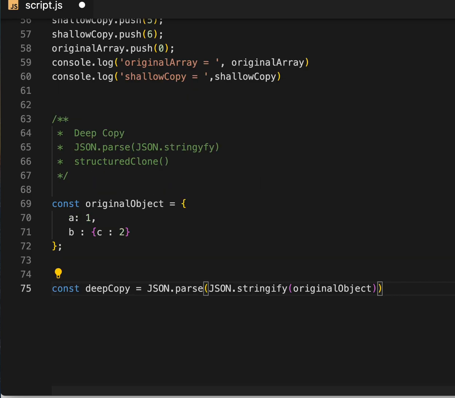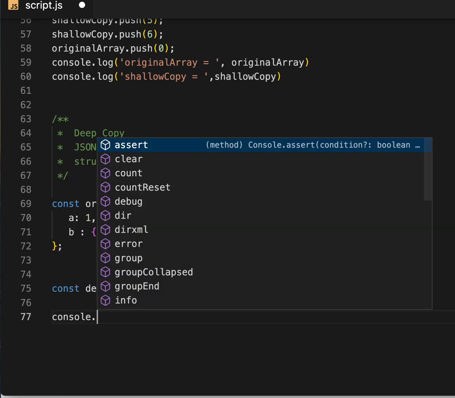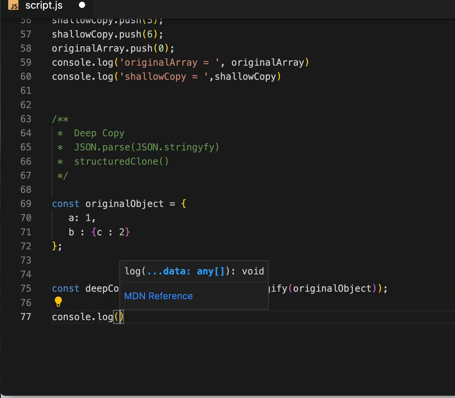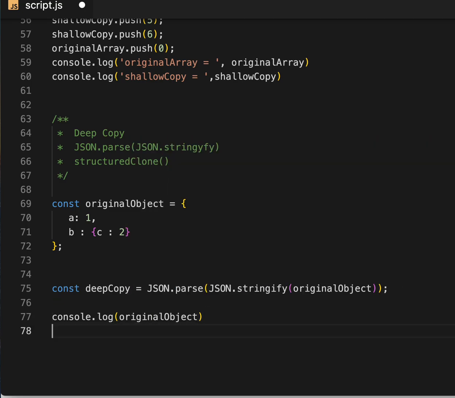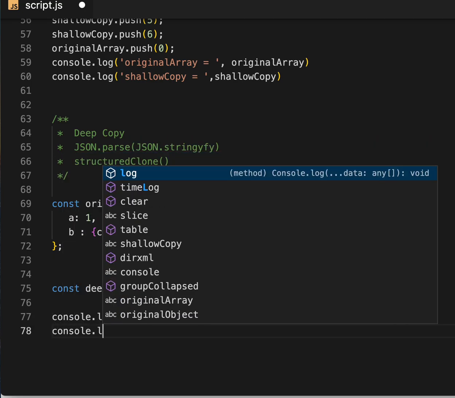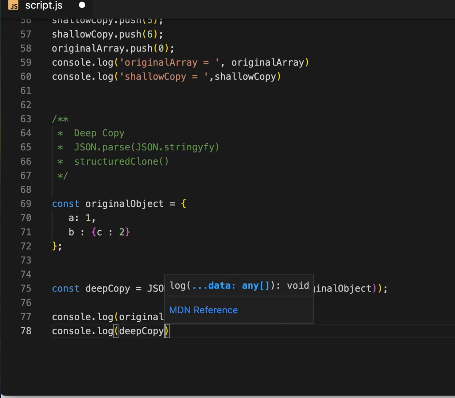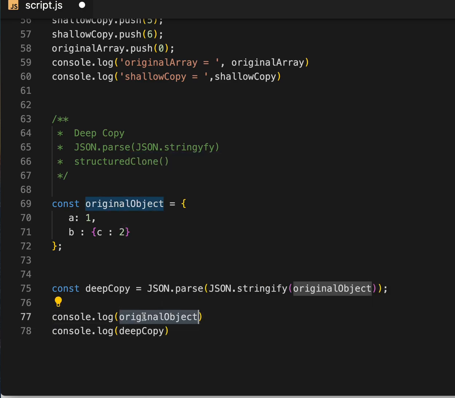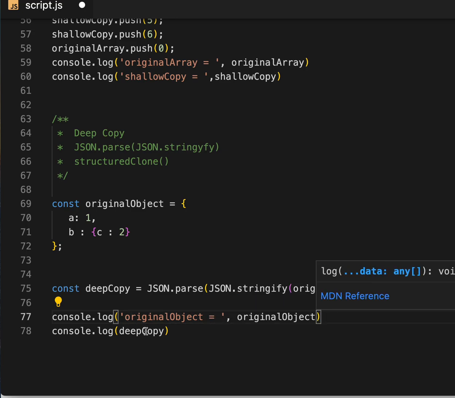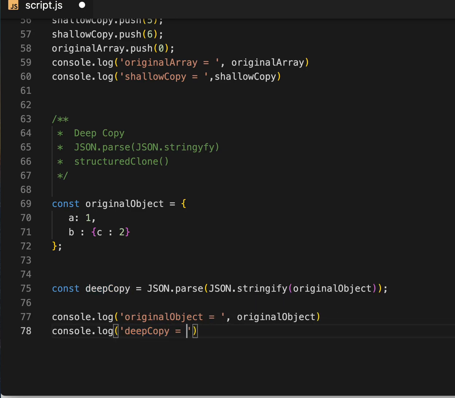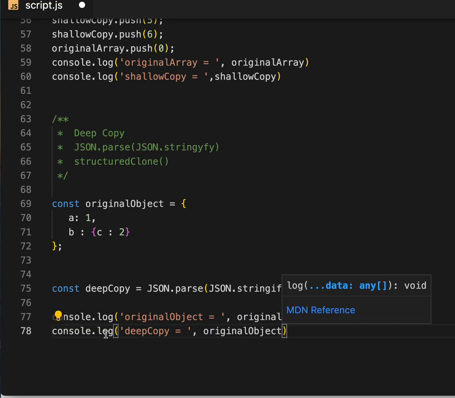Let's print both with console.log, the original object as well as the deep copy object. Let's add a little comment here to see it properly. Let's save it and see the output.